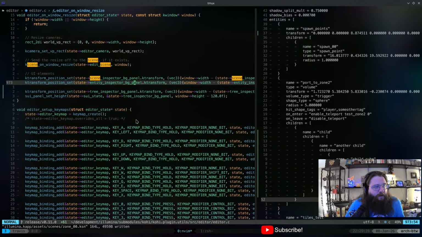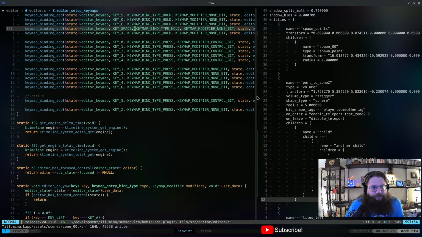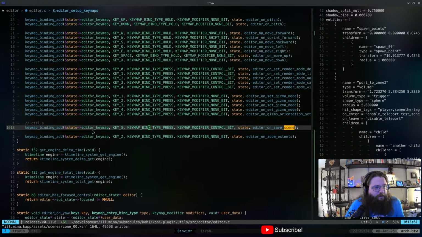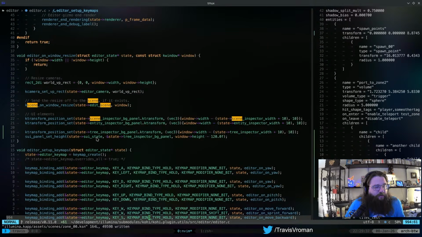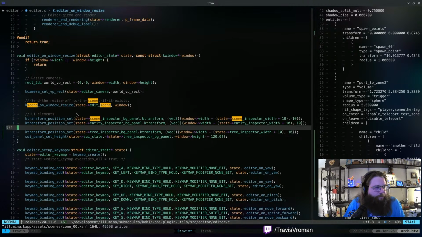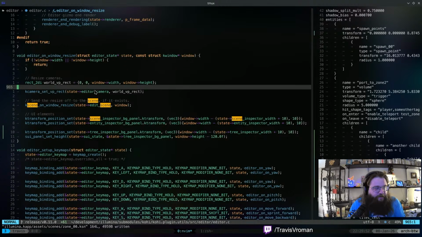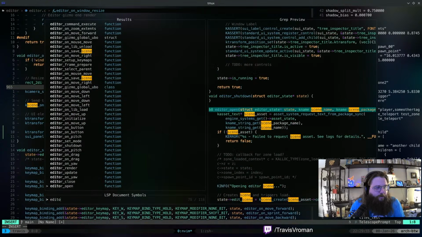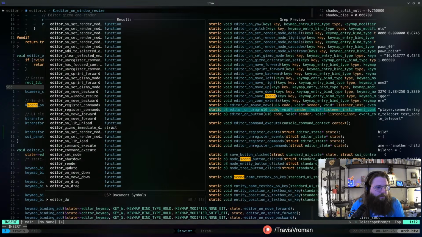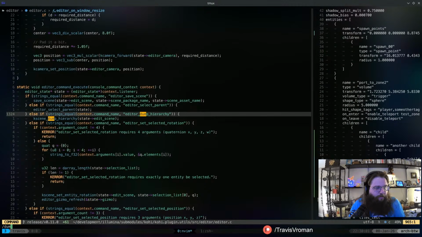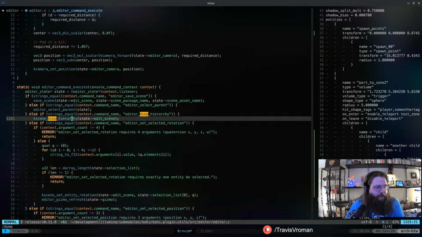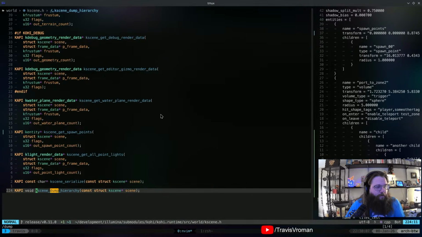And so what I'm thinking is, there's a couple ways I could do this. And this is actually going to test the UI system a little bit, because we actually haven't tested deleting controls. We've only tested actually adding controls. So that's going to be the first thing. So if we take a look at editor dump hierarchy, right? If we take a look at this guy, and we have the word dump highlighted, that's great.